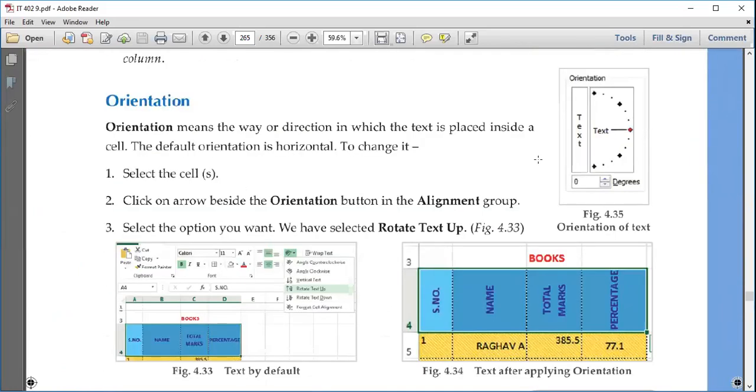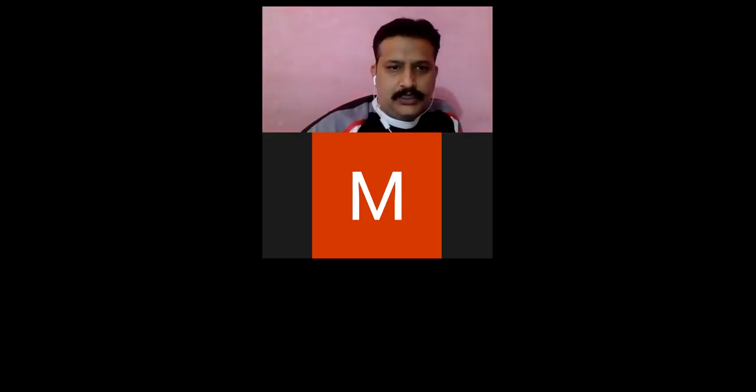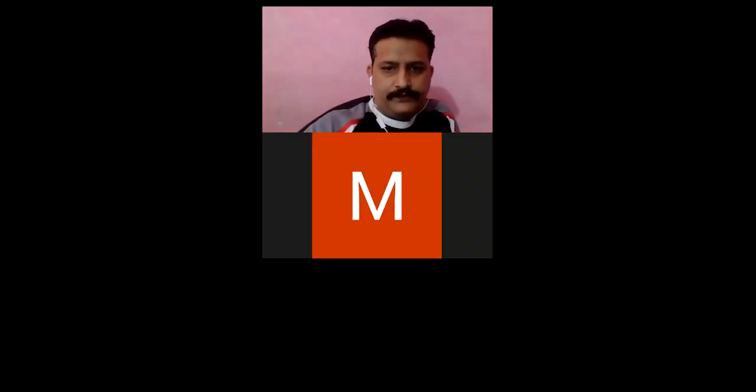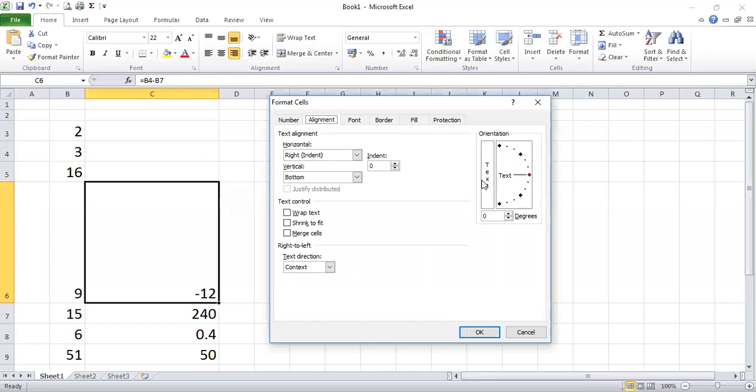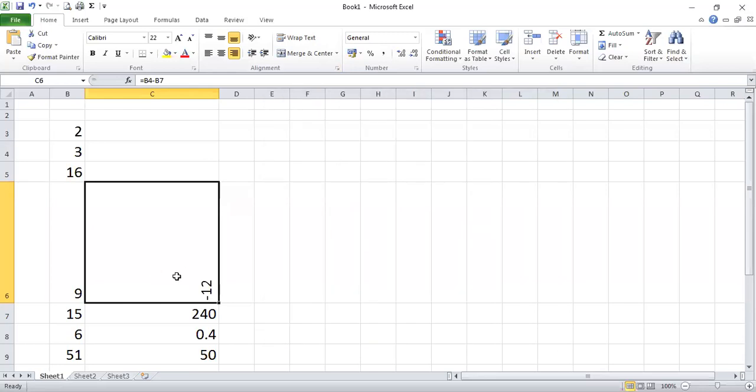Then we have 2 kinds of orientations. We can change the orientation. Orientation का मतलब है कि आप टेक्स्ट को किसी भी डायरेक्शन में मूव कर सकते हो। जैसे यही टेक्स्ट है, now if you go with that dialog box launcher, यहाँ पे आपको ओरिएंटेशन मिलेगा। From here you can change, like if you make it 90 degree, or you type here, or you just drag this handle, तो आपका टेक्स्ट जो है उस डायरेक्शन में रोटेट हो जाएगा। फाइन।